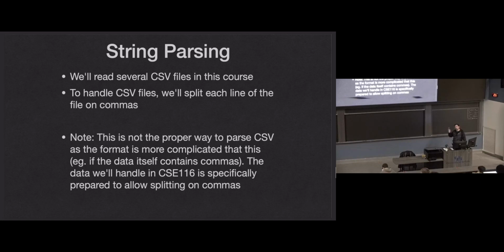So for CSE 116, all the data we work with is carefully curated to not contain commas. If you add a song to the song ratings app where a title or artist contains a comma, it's just going to straight up remove that comma on you. That comma is not going to exist. And in the movies, any names that had commas, they're all just removed. So we don't run into that issue.